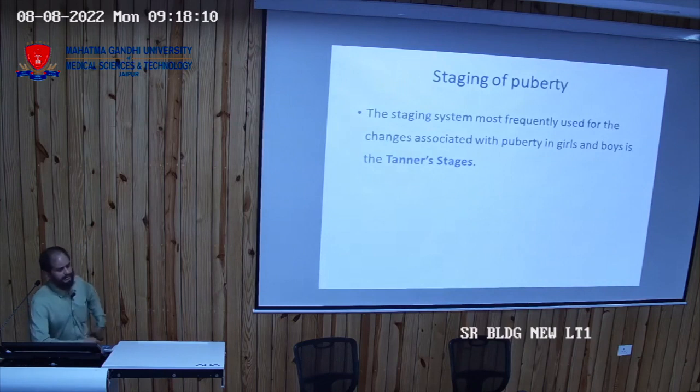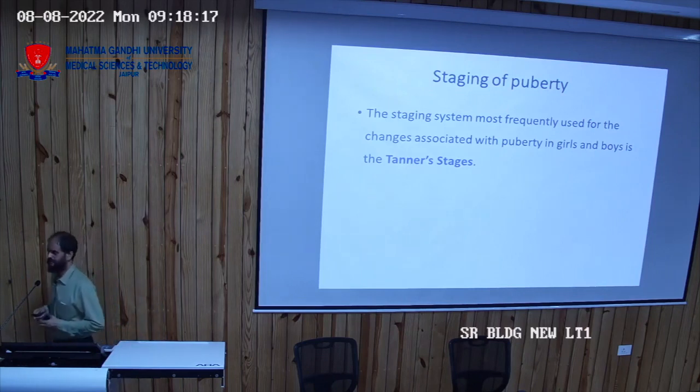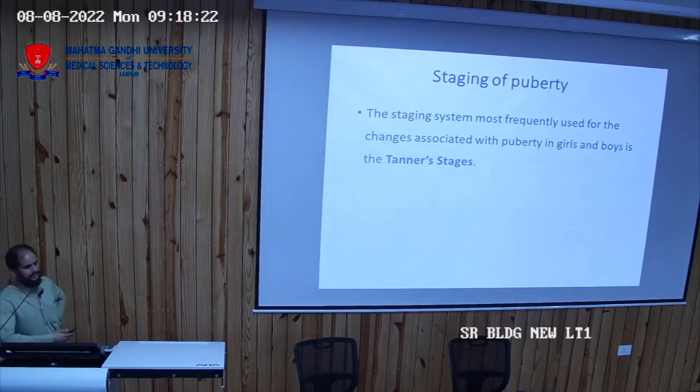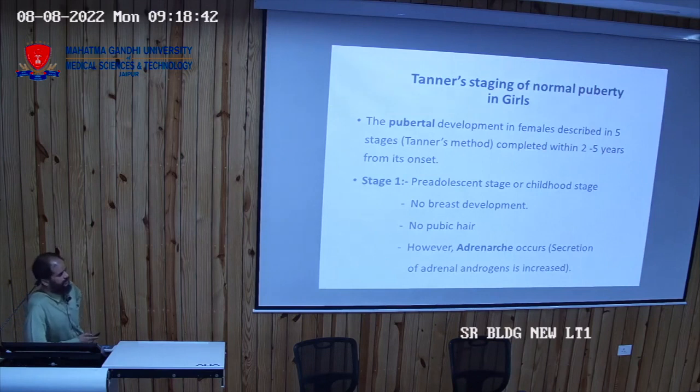Okay, then staging of puberty. You must have heard that there is Tanner's staging, a widely accepted staging for puberty in both male and female, girls and boys. Both follow the same Tanner's staging. But there are different stages. In girls there are 5 stages. Both have 5 stages, but in girls it is attained within 2 to 5 years from its onset. So stage 1